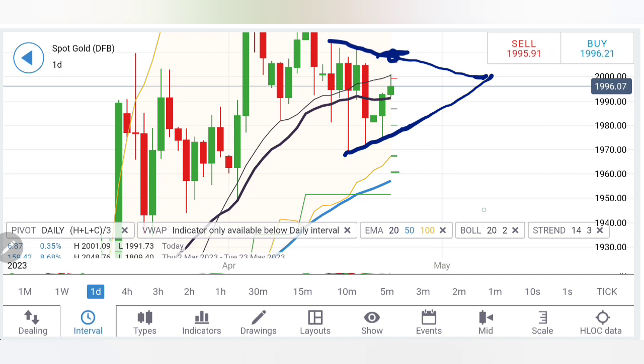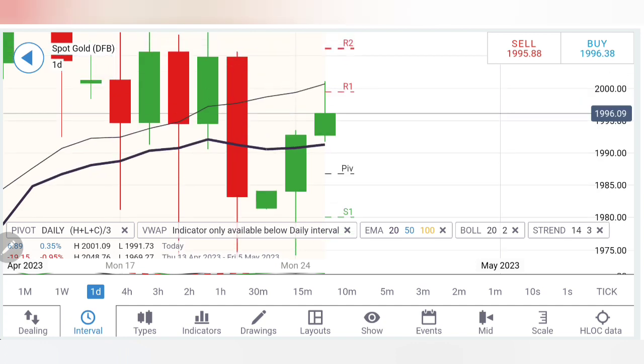Now if you look at the daily chart, the candle started in green. It has formed a good wick already. Now trying to get a pullback. Yes, once it stays below 1992, you can expect a little drop. And then see, from 1992, the highs at around 2000, 2002 zone. From 1992, the lows can be at around 1982, 80 levels, very strong support, and then it can bounce back